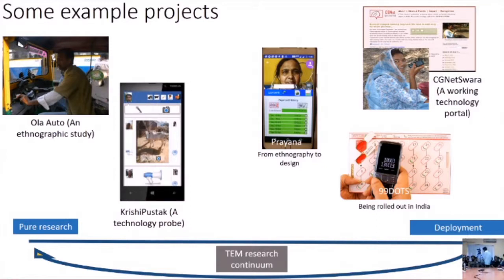But when I set up, I didn't know that's going to be the case. There's Krishi Pustak, which was one of Indrani's projects, where she designed Facebook for low literate users, in this case farmers. We used to call it Farmer Facebook. Basically, there's no text. It's images and audio. Now, this is a technology probe. She deployed it with farmers in the Mysore area. We knew that wasn't going to go any further at this stage because farmers don't have mobile phones and data at the moment. But it might be something that gets picked up again in 5 years or 6 years if a need arises.